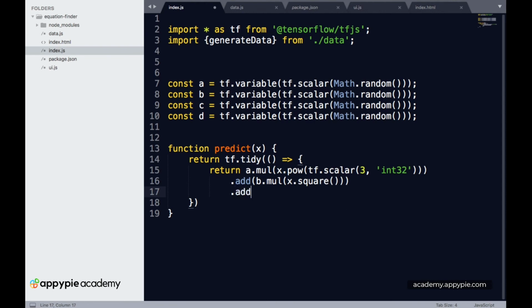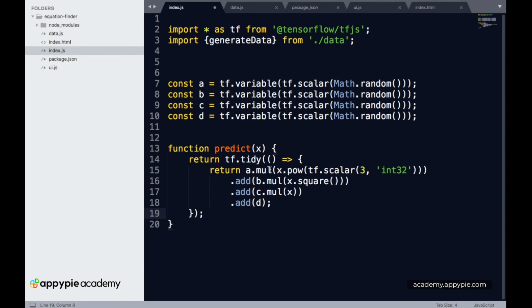So we again add c.multiply, and let's multiply this with x, and then finally we have to add the value of d. And this is what we are finally returning.